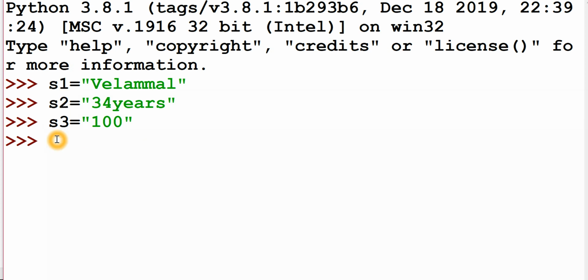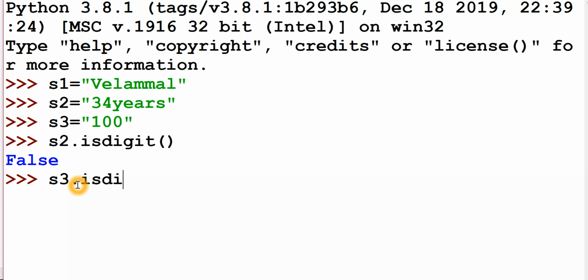First look at S2, the variable name, dot operator, the function name isdigit. S2 contains both numeric and alphabets, so it will return false. isdigit will return true only if it contains numbers. So S3.isdigit